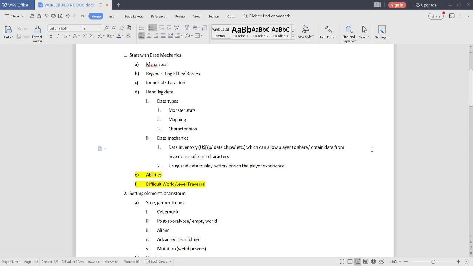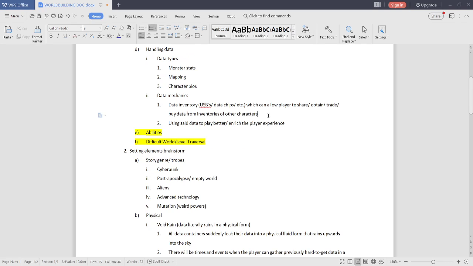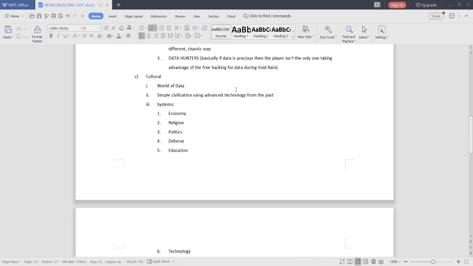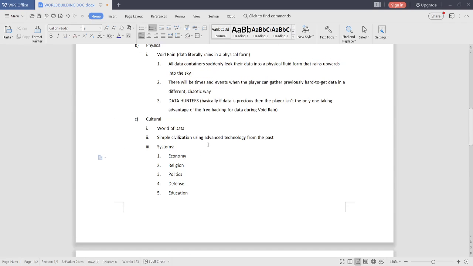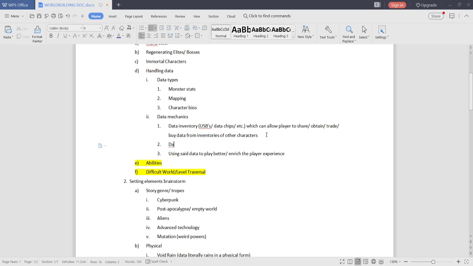Maybe also add barter, or trade or purchase, or easy to understand, buy. You can share, obtain, trade, or buy data from inventories of other characters. So in that sense, data is kind of like a currency. So other than the data inventory mechanic, there's the data currency mechanic.